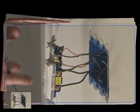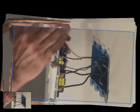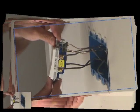So that takes a little bit of doing, but just bend them. And you want to push these back as far as you can. Rearrange the wires as you go. And then the screws on the back side are going to go into the plastic box. Remember, this is a plastic box, not a metal box, or even if it was a metal box. You want to push these in by hand, bend them back and forth in there, get the wires situated back in it. Make sure you can push this all the way in